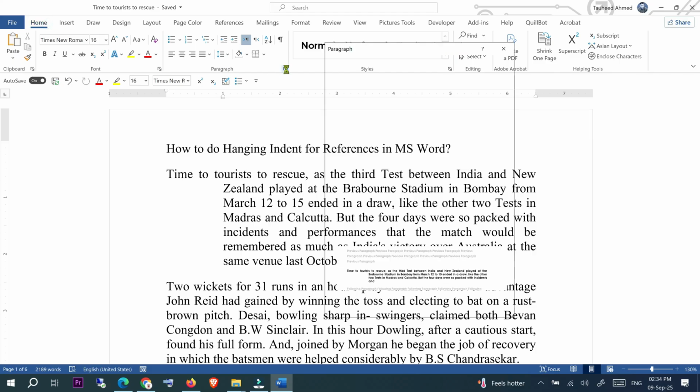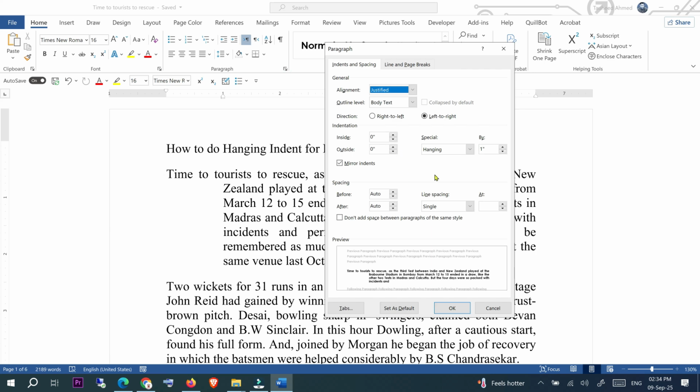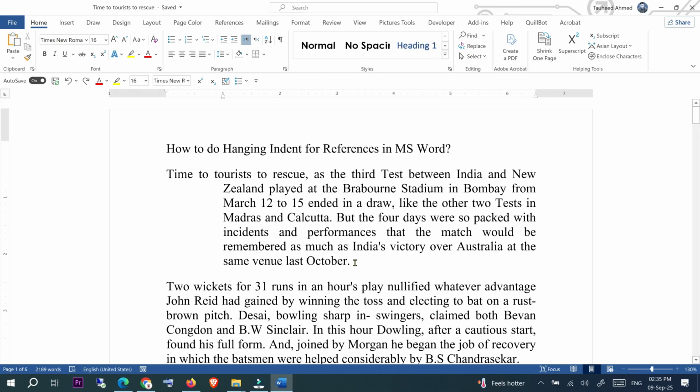And moreover, you can also go to the home section, and under the paragraph section click on this arrow, and after that you will go to the same window, and here you can increase or decrease the indentation. So I hope you understand how to do hanging indent for